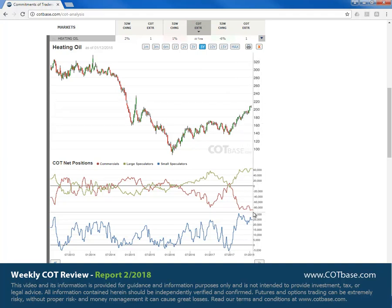So that kind of underlines the fact we need to be careful. I talked about this in the case of crude oil, and of course we're going to look at it in a moment. These all-time COT extremes, although they're very rare, don't mean that they shift the market trend very soon. So they could be in the market for a couple of weeks, maybe even a few months before the